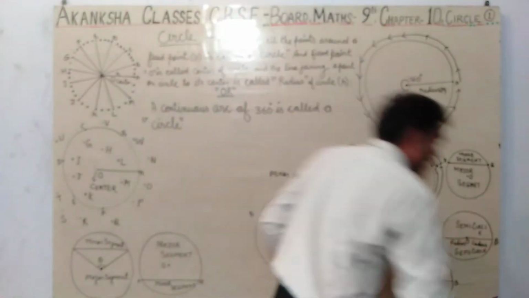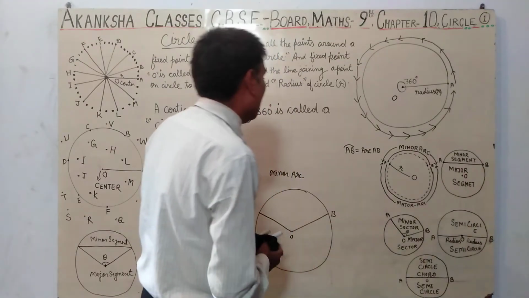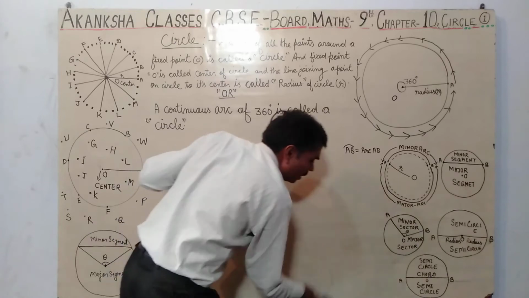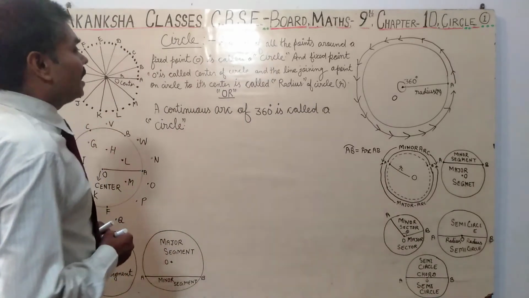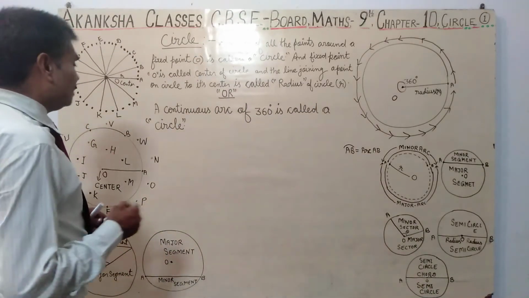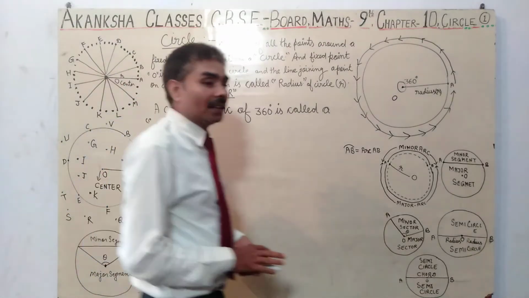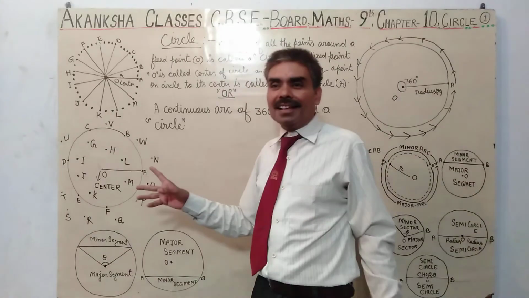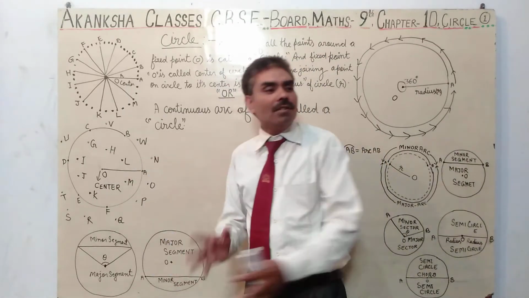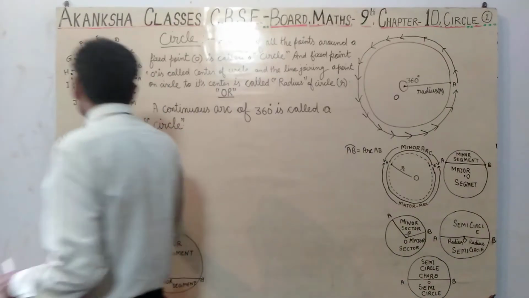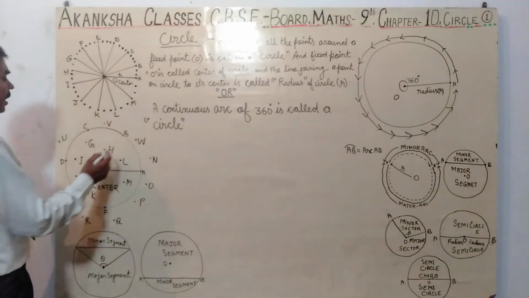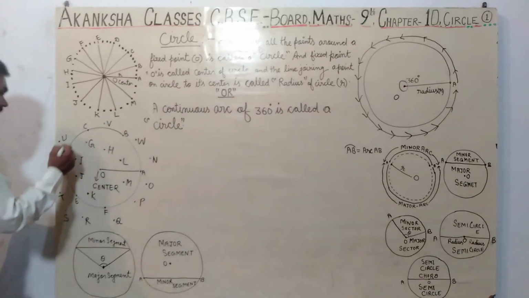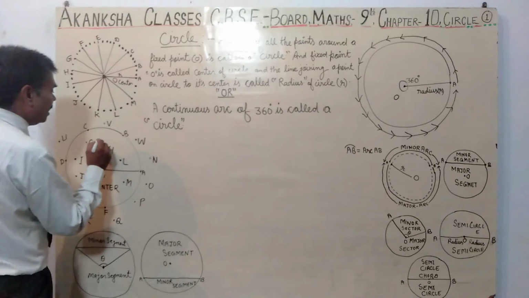Understand? Now how to find the length of an arc we will discuss. But before that, we have to know that if a circle is drawn in a plane, the circle divides the plane into three parts. Number one, interior: the enclosed region inside the circle is called